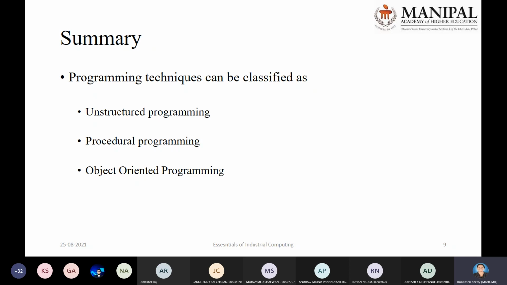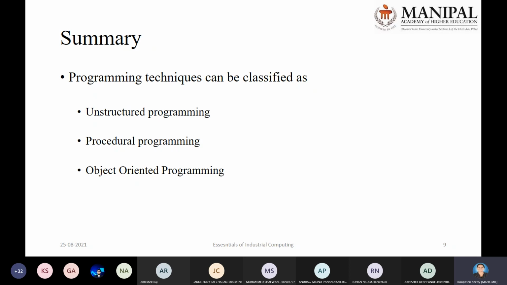In order to overcome the limitations of unstructured programming, procedural programming has been used, where you will have certain modules. Each module works independently of the others. Again, there are still further limitations in procedural programming, and to overcome those limitations, the concept of object-oriented programming comes into the picture, where